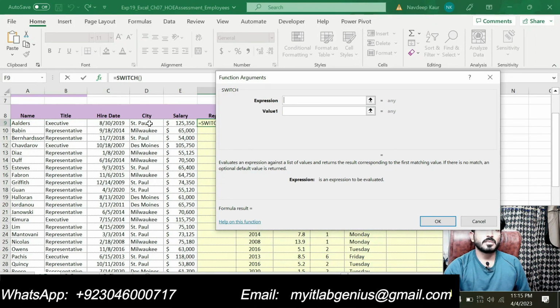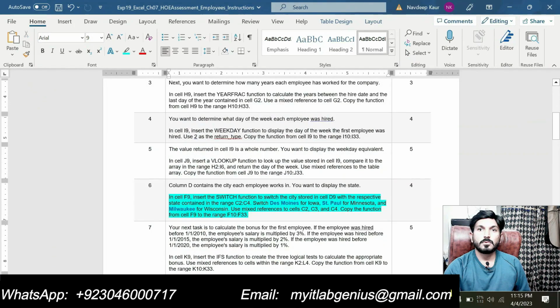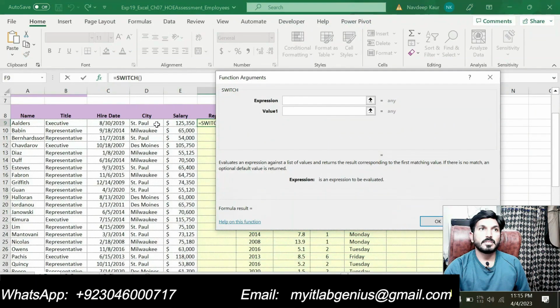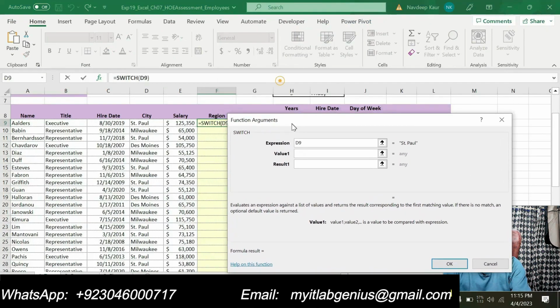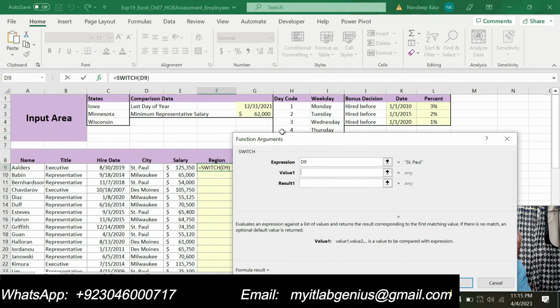So I will select the D9 as the expression, and then value 1. So value 1 is mentioned. Switch this to, so I will type the first value. We will switch this to the Iowa that is mentioned in cell C2. So result will be the Iowa. So make it